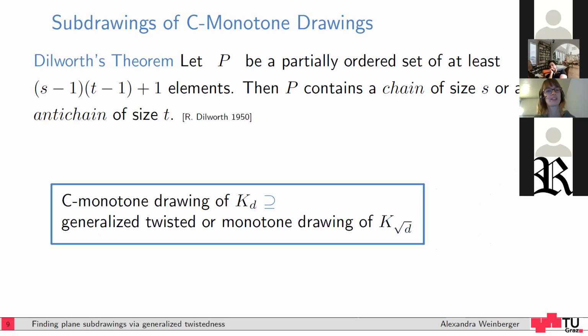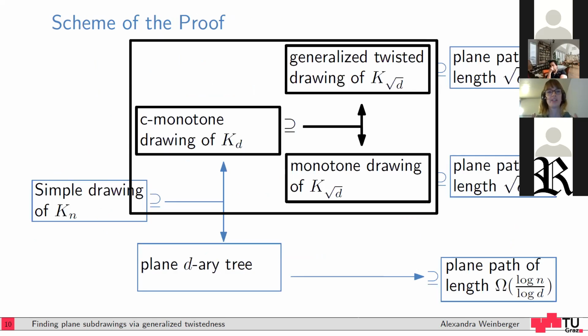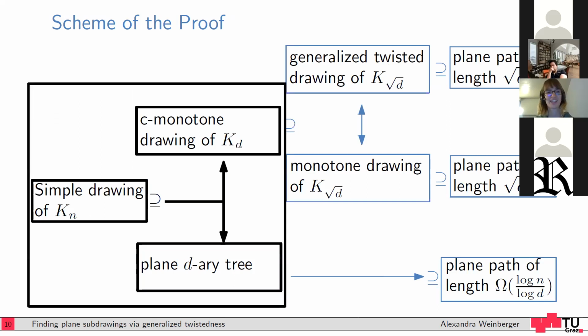Now, all that is left to do is to choose S and T correctly, which we took as square root of D, and then we have exactly what we wanted to show. So this part of the proof we've also talked about,